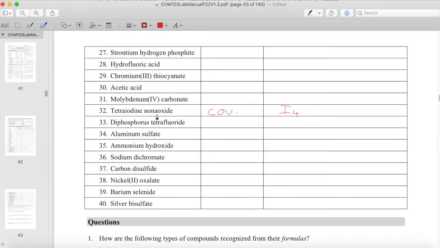Nona-oxide. So nona here is the prefix for 9. And ox tells you you're dealing with oxygen. So I've got 9 oxygens. So I4O9. Notice we have 2 vowels here. So this is one of those situations, kind of like triiodide, where even though it seems like you ought to drop that first syllable and just call this nonoxide, sometimes in practice that's not the case, and people just know it as nonaoxide. But anyway,